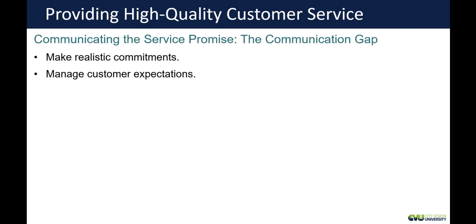This is something that I work really hard on as a full-time college professor, when I'm working with students. When I tell a student, you know what, I'll get back to you today. A student comes to me, they say, hey, I've got this issue, and I'm like, okay, well, I'll get back to you today. To me, that should be a realistic commitment. So if I say that, I should do it, right? If I don't do that, then I'm not